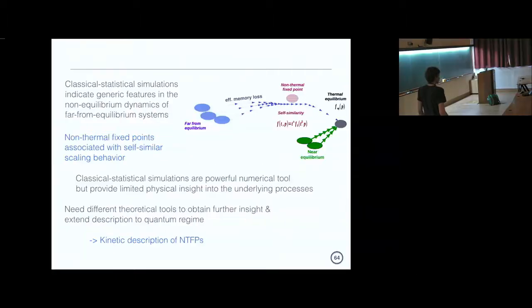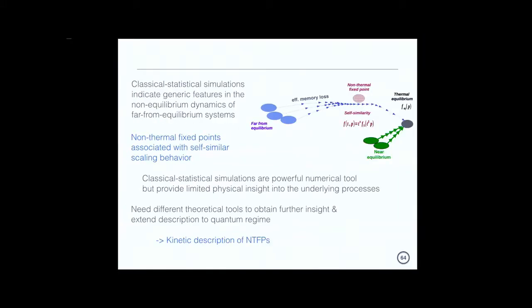Now, that's a very interesting behavior, right? We've seen examples of this happening in scalar theories. We also did it in a gauge theory. We essentially saw the same kind of behavior emerging, although the details were different. For instance, these scaling exponents, which are here called alpha and beta, were different for scalar and gauge theories. Of course, that's something we could expect, after all, the theories are very different.